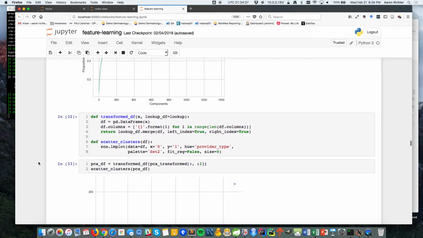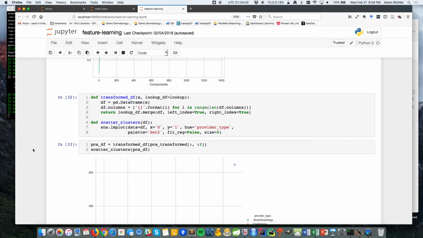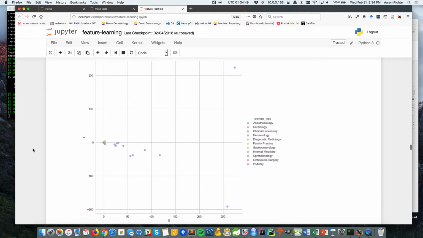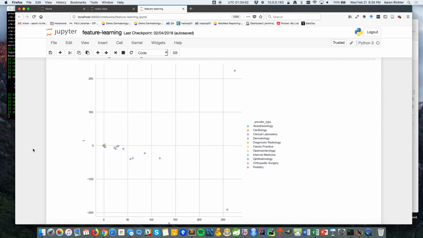So from there, there's just a couple helper functions I have, just some Python magic to plot this stuff. So what we're doing here is I'm just plotting the first two principal components, because, again, a human wants to be able to see this. So rather than take the first top 200 that explain most of the variance, I want to show you that the first two components alone aren't good enough to separate and cluster our data, right? You can see these colors are corresponding to all the different provider types, but the first two components alone aren't going to be enough to build a model on.